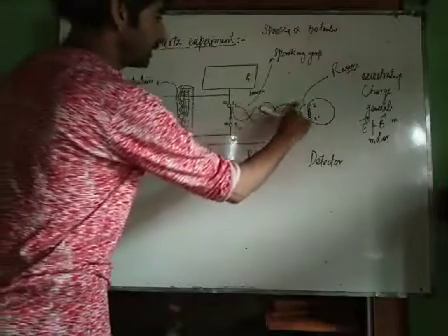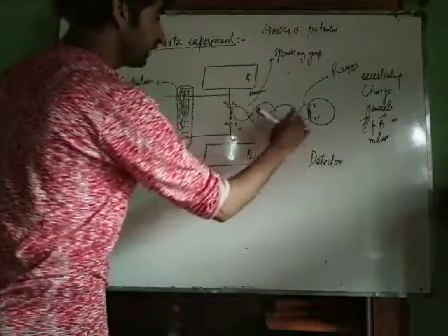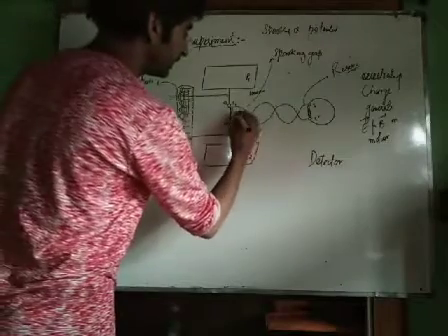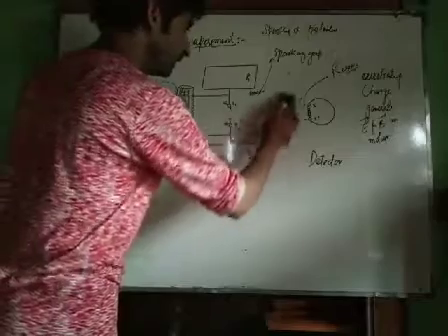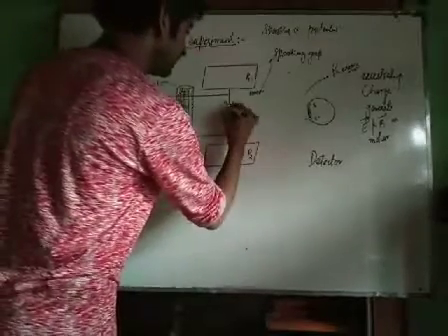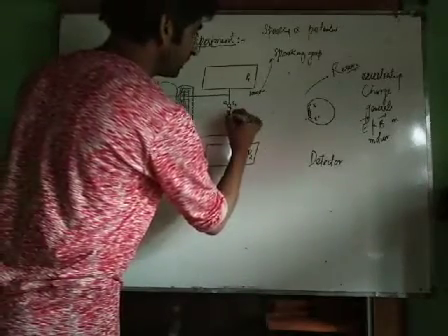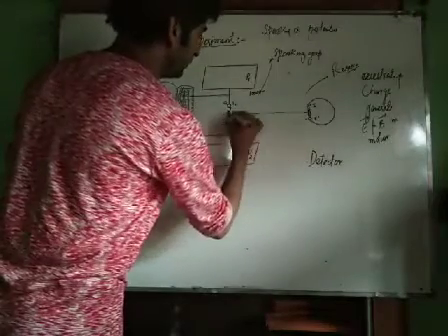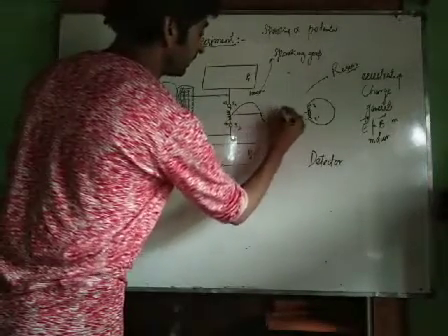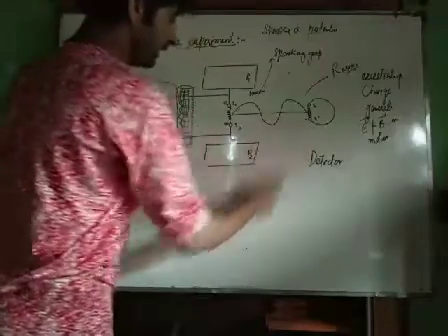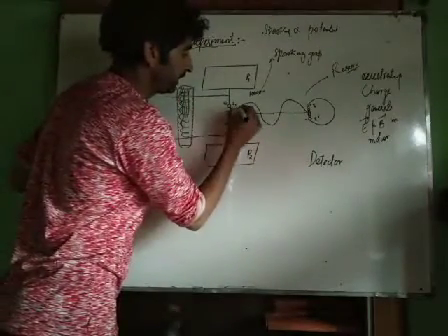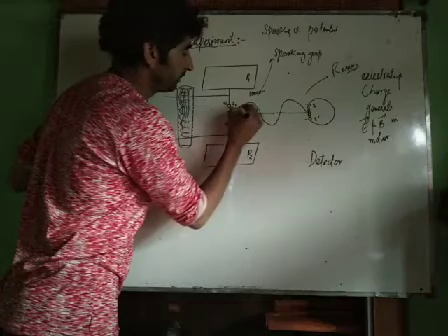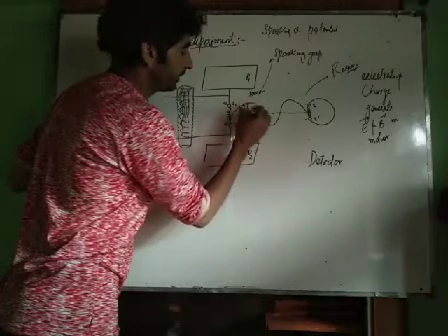Since an accelerated charge produces both electric and magnetic field, I will show it very clearly. Since an accelerated charge produces both electric and magnetic field, that is why a spark is generated in the detector. Now see, it produces both electric and magnetic field. Let this be the electric field component.